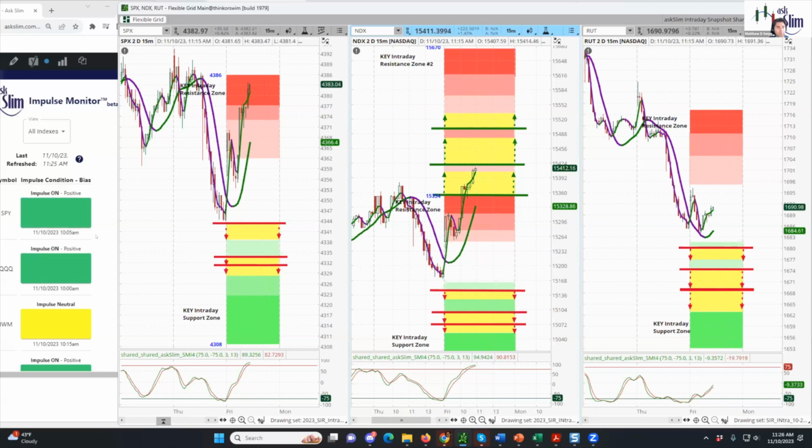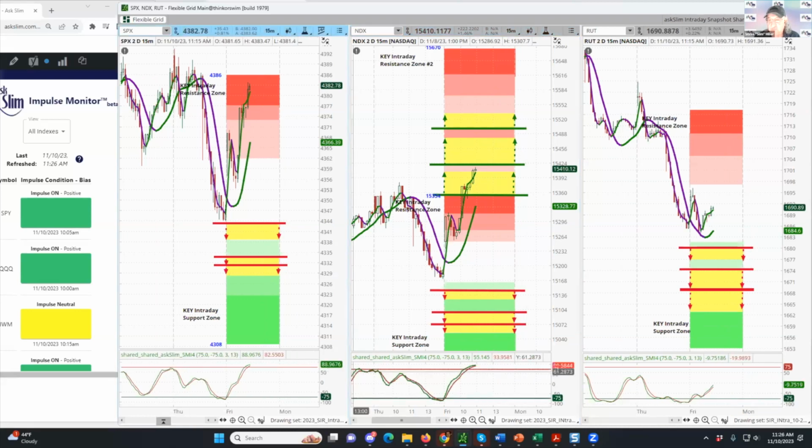All right, back to you, Slim. All right, that's fantastic. I'll just keep that up for a second here. This is so important because look at how well, for day traders, this puts you in the right direction. If you follow this, you can see the SPY and the QQQ were impulse on. The IWM, which is really languishing there, was just simply neutral. It told you which were the strongest. It gave you the acceleration zone,